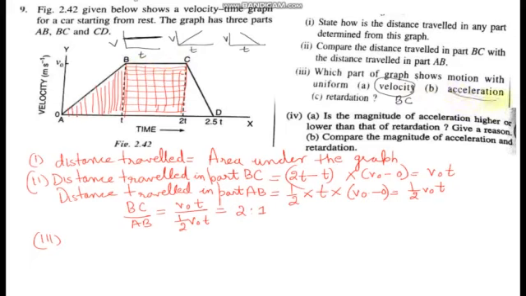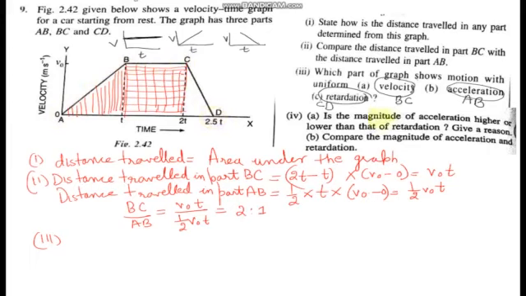Which part is representing acceleration? This part AB. This part AB is representing the acceleration. Which part is representing the retardation? This part CD. So for these questions, the knowledge of the velocity time graph and displacement time graph is very important. So velocity time graph में अगर हमारे पास straight line है तो वो uniform velocity है, अगर ऐसे increasing line है वो acceleration है, अगर इस तरह से decreasing line है that is retardation.